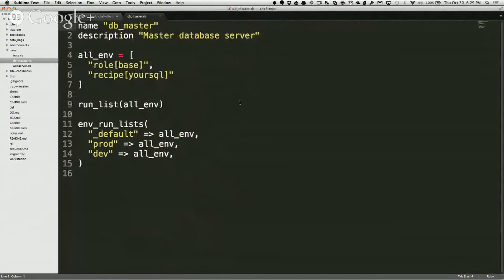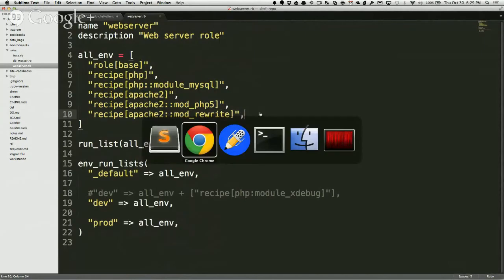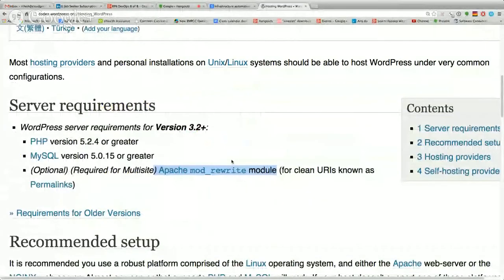In that, we had an entry called MySQL, right? If you look at our web server role, we had an entry called PHP. And by the way, also look at this mod_rewrite. That same module that we are using in line number 10 is required here, Apache mod_rewrite. It says optional in here though. Yes, it is optional, but it is good to have it for clean URI.